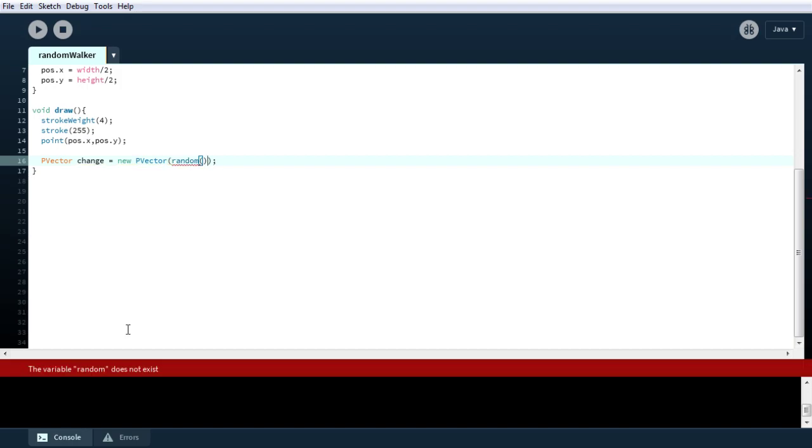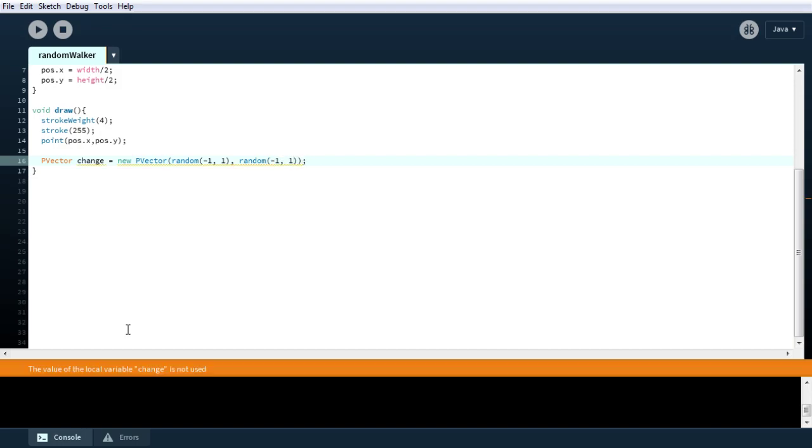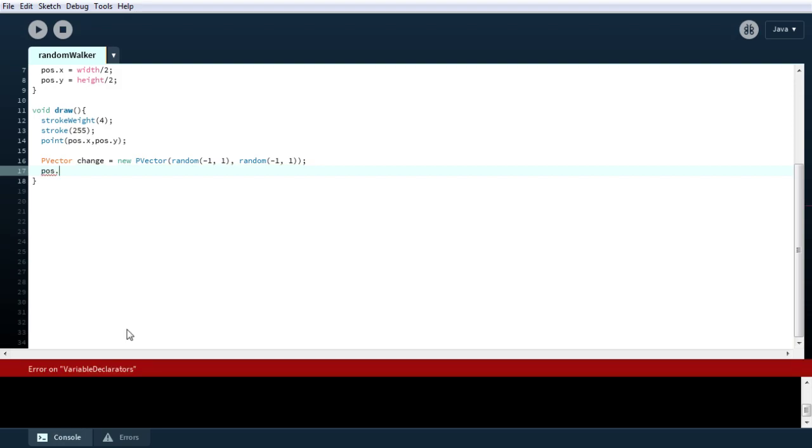I want to change it from -1 to 1, and another one is going to be from -1 to 1, which means that it can move diagonally as well, which is amazing, right? So we're gonna have that, and then if we do pos.add, then change,